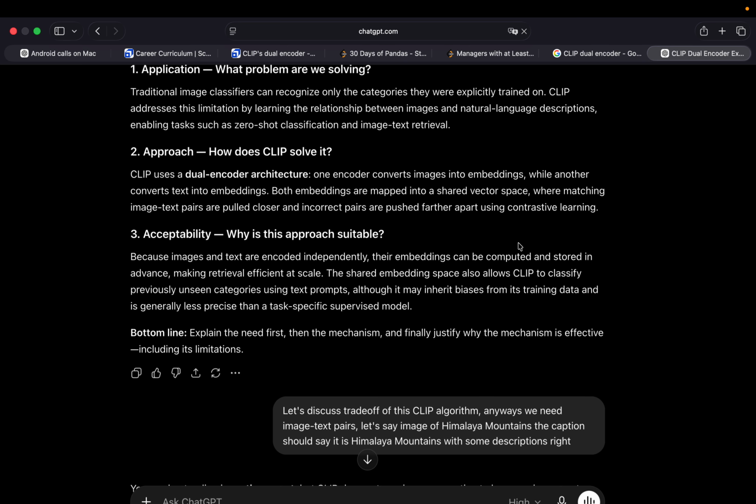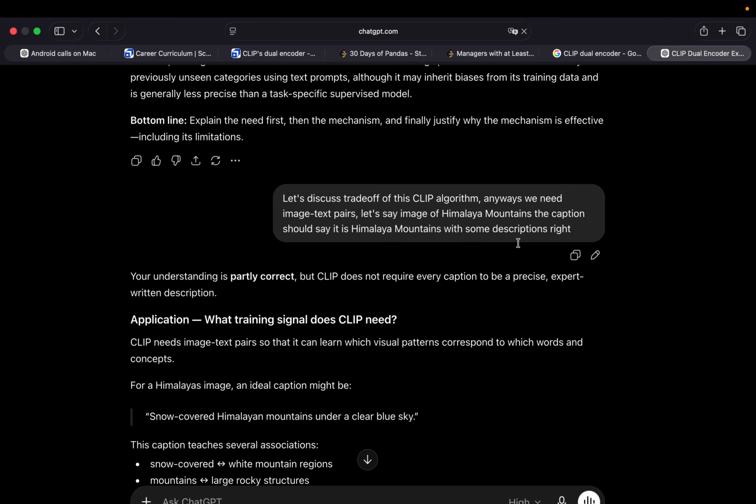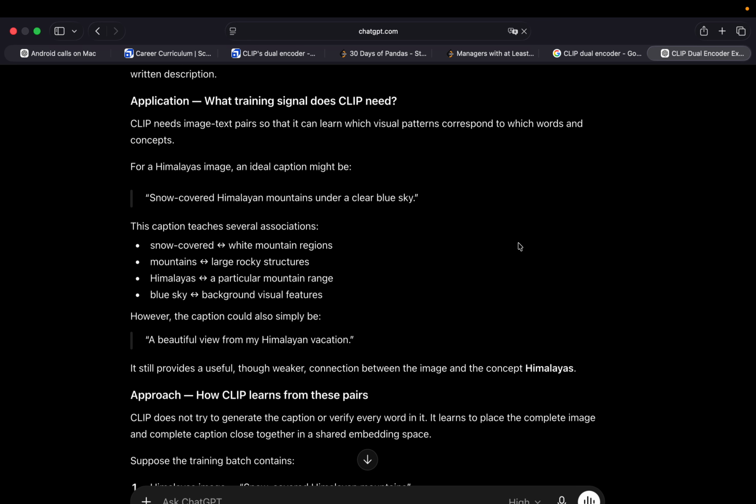So why is this approach suitable? Because images and text are encoded independently, they can be stored in a database, and whenever a user queries the database, we can get the most relevant top images using the query. This was the main benefit of using the CLIP algorithm, but it also has some trade-offs, such as the